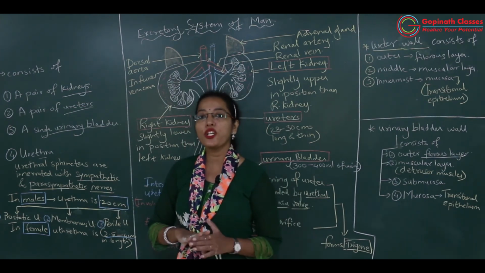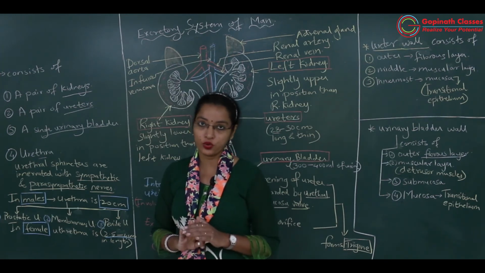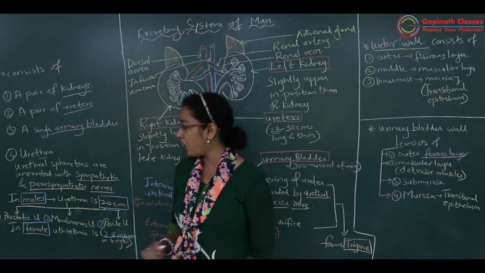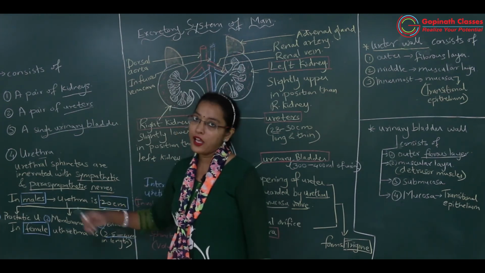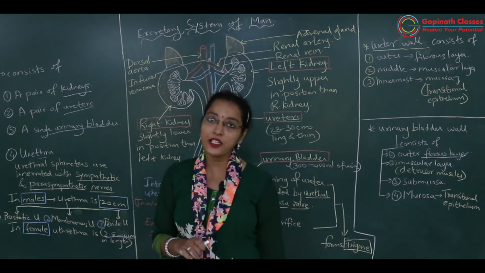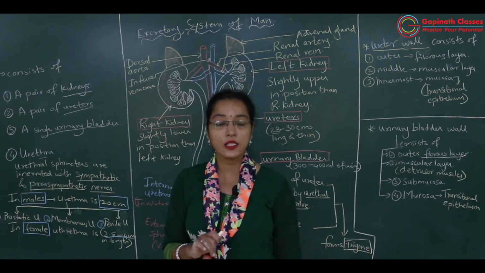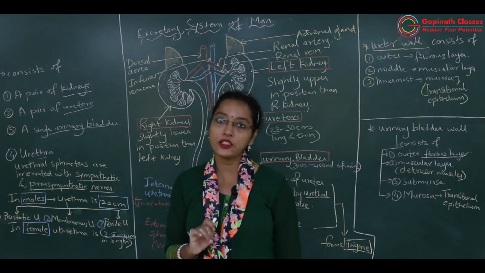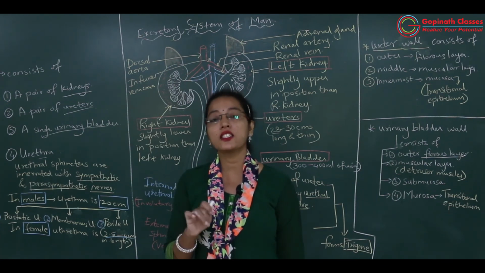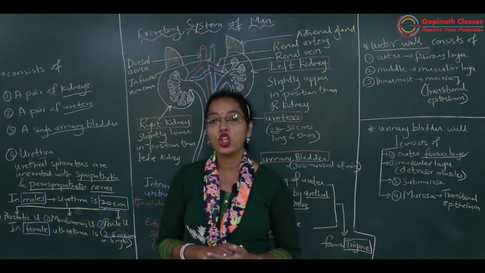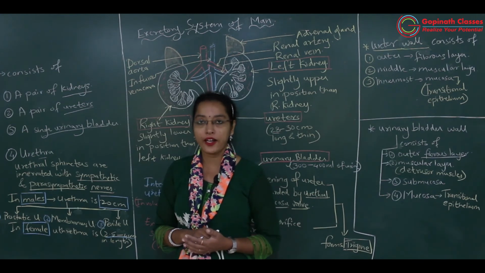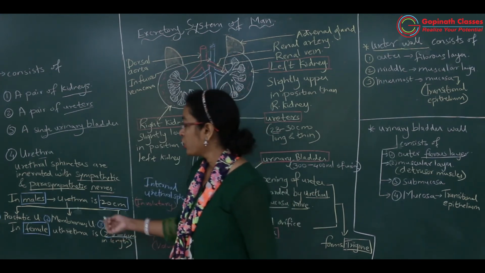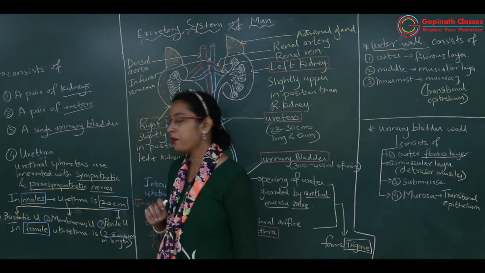That's why urinogenital tract भी बोलते हैं उसको in males. Urino, because urine can pass through the urethra, and semen which is having male gametes, that is sperms, can also pass through the same tract, that is urethra. That's why this tract is also known as urinogenital tract. So what is the length of the urethra in males?